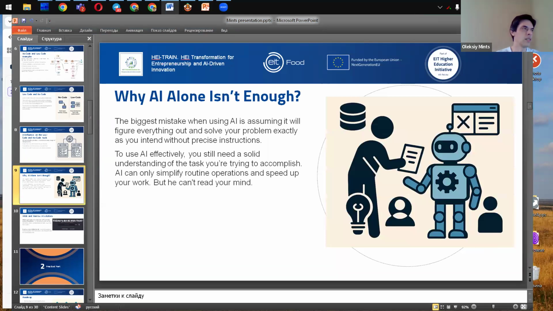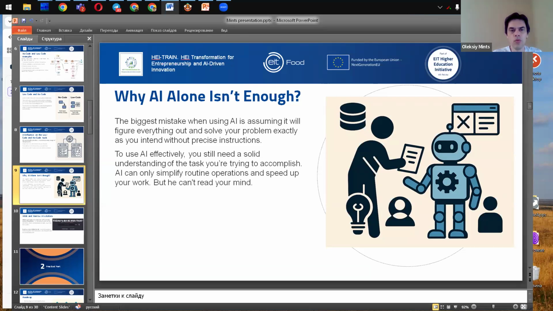Can we use AI for everything, or why isn't AI alone enough? In my opinion, and I hear this opinion from other speakers, the biggest mistake when using AI is assuming it will figure everything out and solve your problem exactly as you dream, without precise instructions.